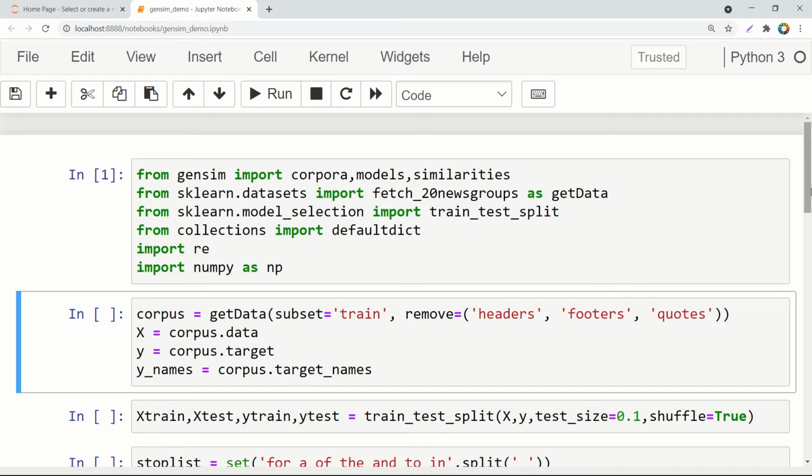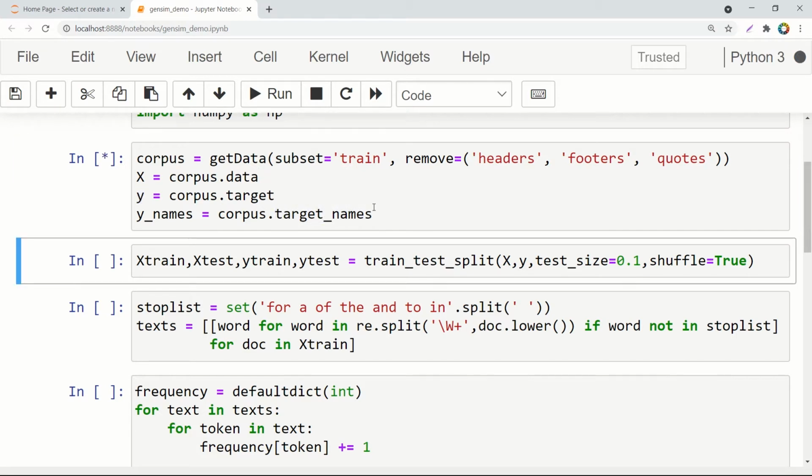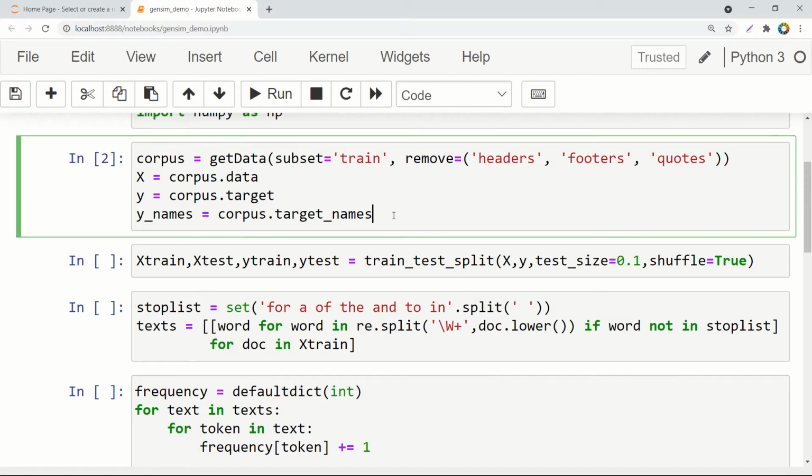Yeah, it's there. Okay, let's now get the 20 newsgroups data, and let's remove the headers, footers, and quotes. So that's our data. X is a list of documents, where each entry is a document. Y is the target, which is the topic, and these topics are integer numbers. The target names are the corresponding strings, indexed by those numbers. Let's see, for example,